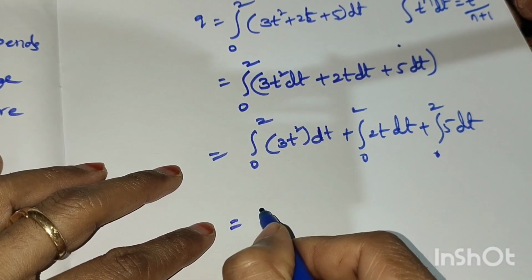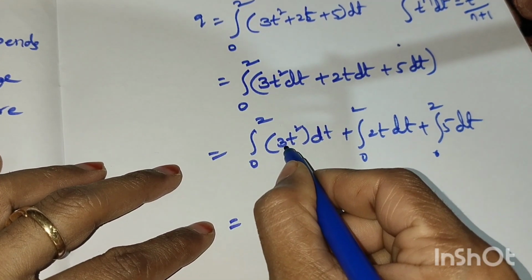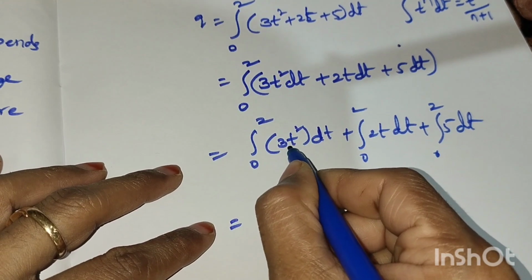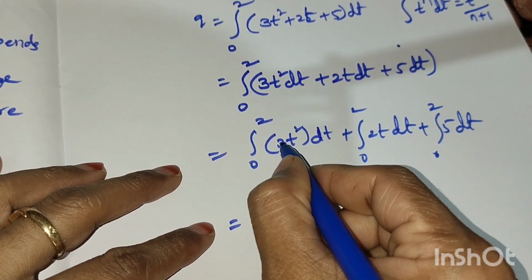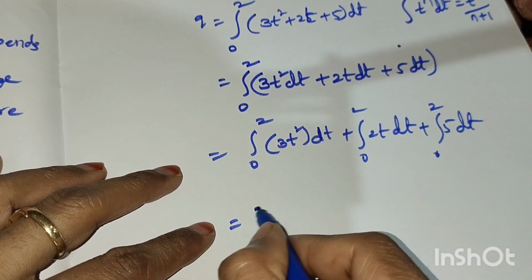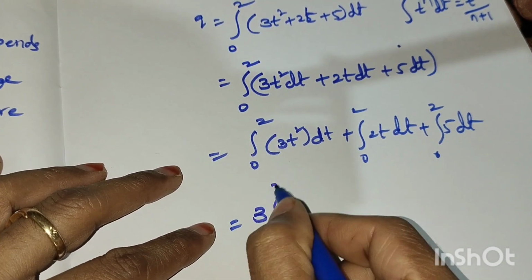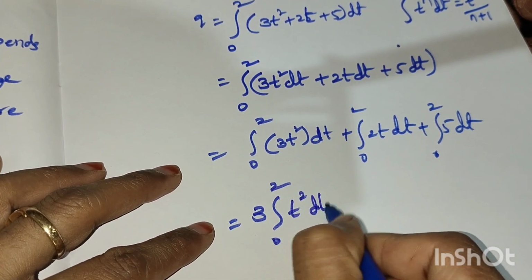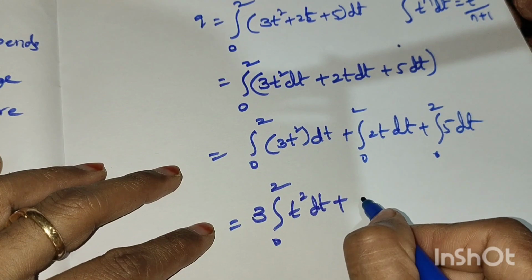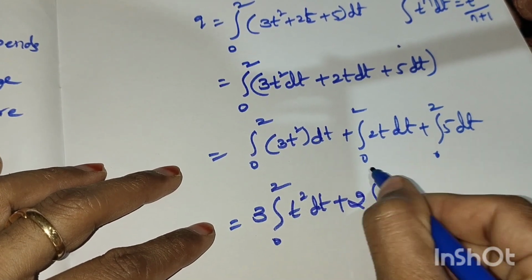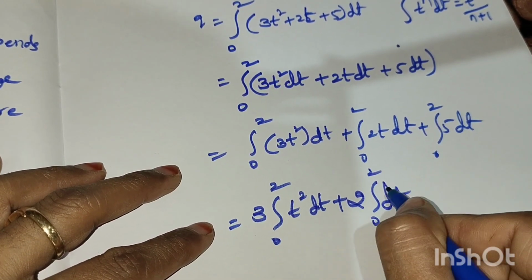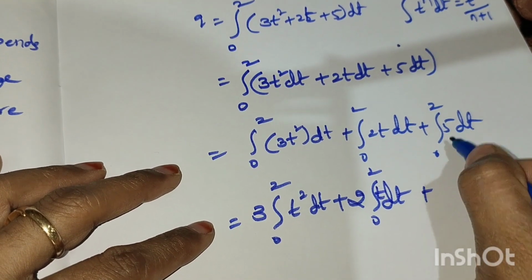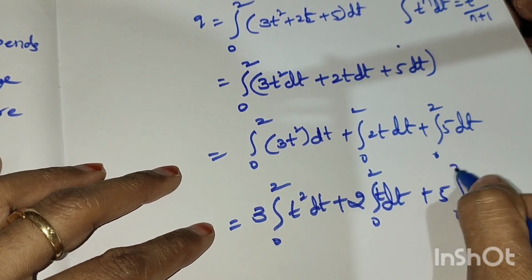Now 3 is constant here, as 3 is multiplying with t squared, so 3 can be taken outside: 3 integral 0 to 2 t square dt plus, same here, 2 is constant, 2 integral 0 to 2 t dt plus 5 is constant, 5 integral 0 to 2